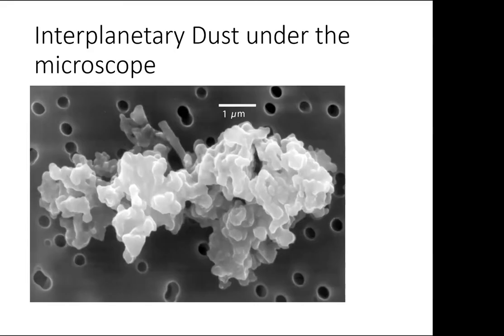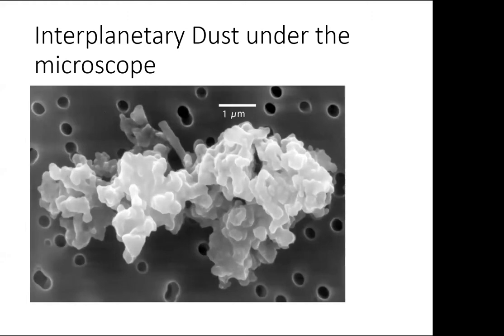But they did get some samples of interplanetary dust from it, and they have this amazing structure. You can see how there are lots and lots of little tiny globules that have all gradually stuck together in this amazingly complicated shape, with all these little tiny nooks and crannies in there.